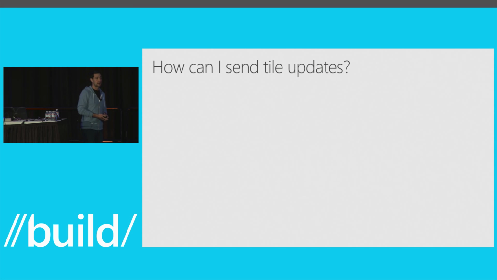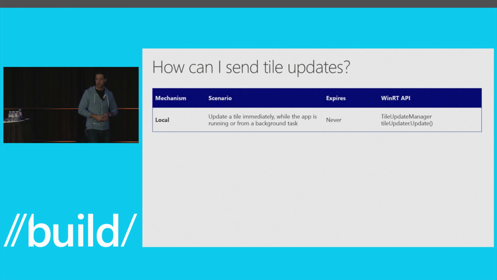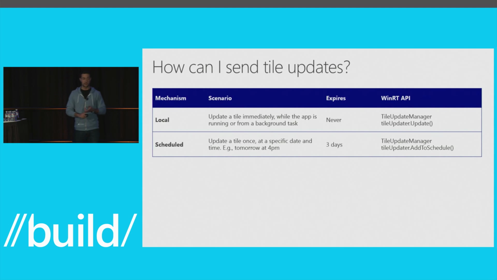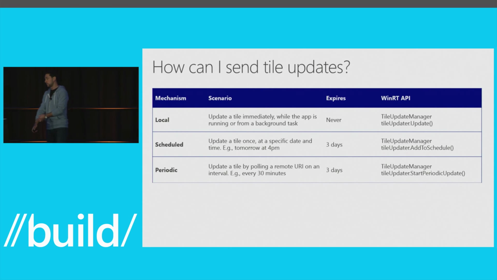So how can I send tile updates? Do I have to use push? We have local updates. This is when your app is running. You can do this from a background task as well. It's a super simple API. You can do scheduled updates. So if you have a scenario like, I want to update my tile Thursdays at 4 p.m., you can do that. Periodic is a great one that we're offering. This is my favorite new